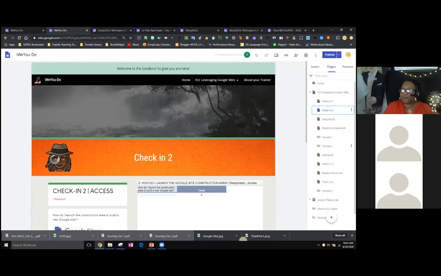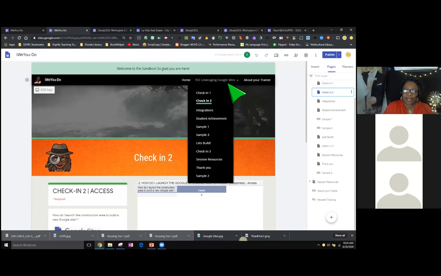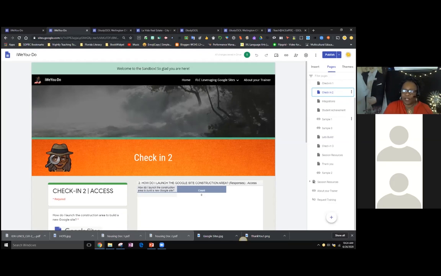Then one more thing, and this was added recently. When you're adding pages, not only can you add pages, you can actually add a website as a page. So if you have a website that you go to frequently and you wanted to make it be a part of your website, you can actually add a web link so that when you click on that tab, it goes directly to that web page. So these samples that you're looking at with the link were actually links to the web pages that I showed you. All right, so that's the pages.